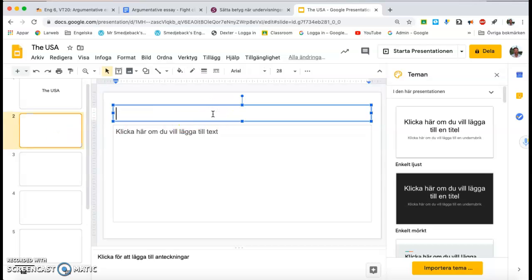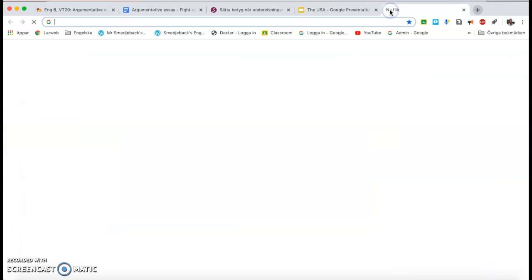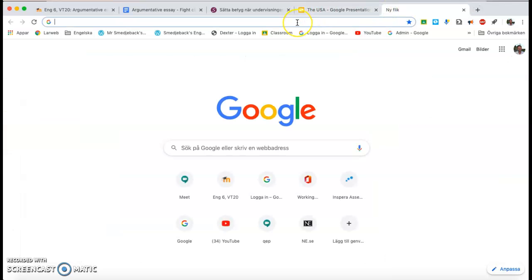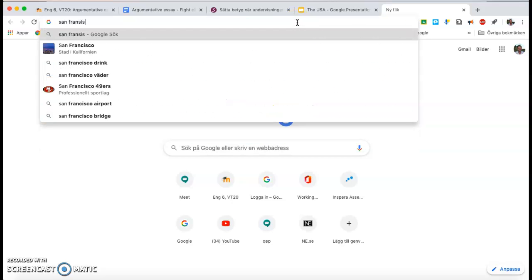And for example, you want to write San Francisco, and we want a nice picture to that. Then you go to a new page and we Google San Francisco,